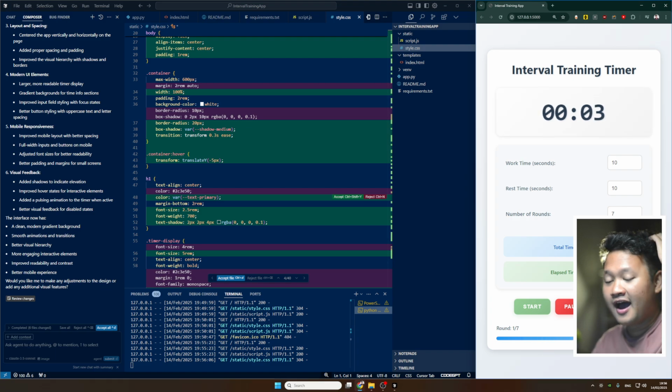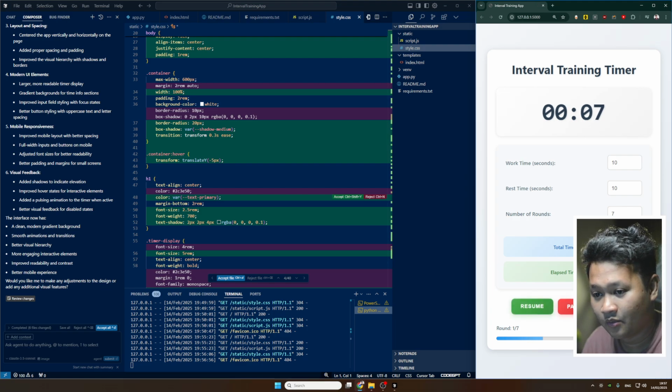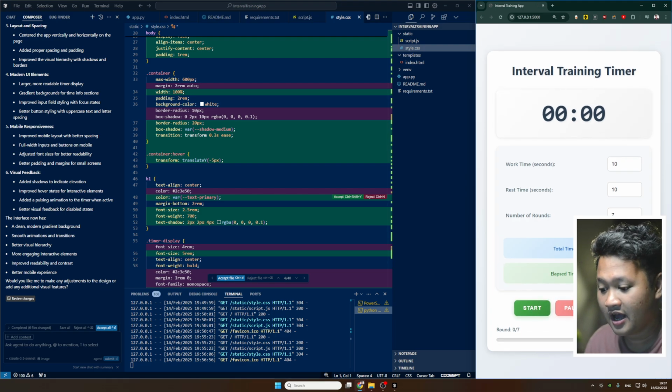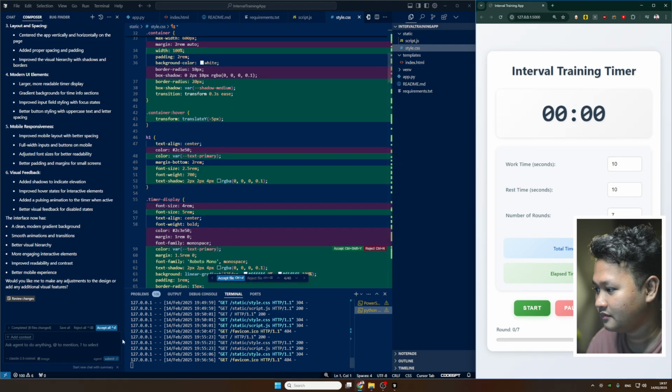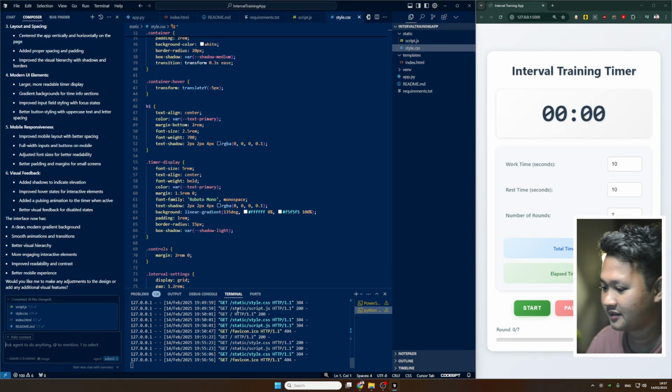Okay, I think I'm gonna need new features here. So when I hit start, it should be counting from 3. 3, 2, 1, like that. Let's see. Okay, it's really good. But I want